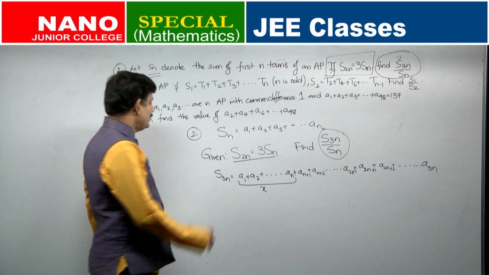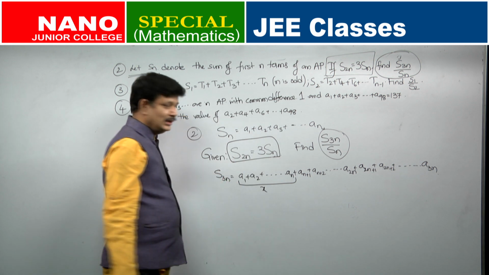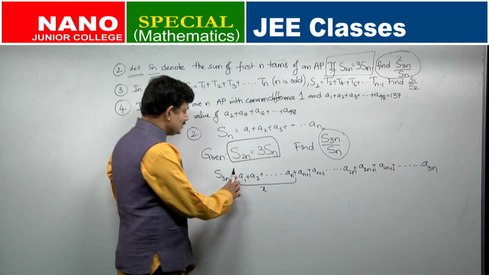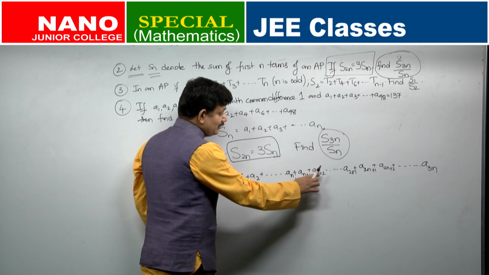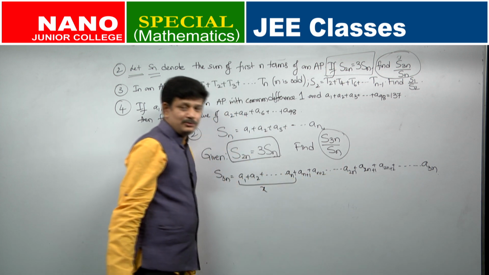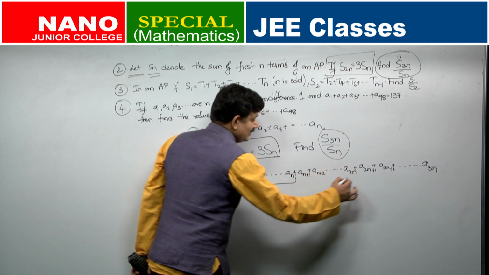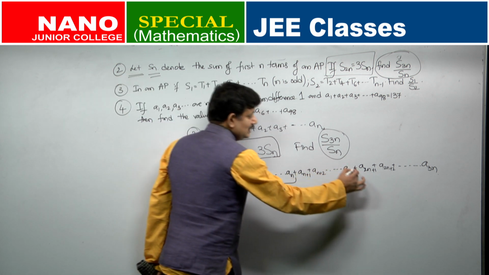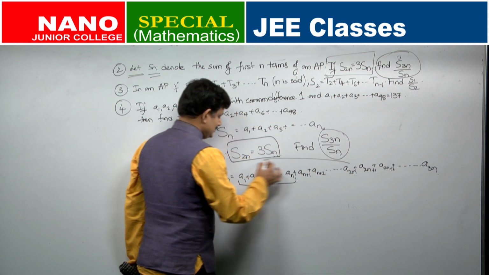Okay. Now, what is given to you? S2n. S2n, what is it? A1 plus A2 so on up to An plus An plus 1 plus An plus 2 so on up to A2n, right. So, this entire summation from here till here is your S2n. Can you see that? This entire summation is S2n, the one in the circle.